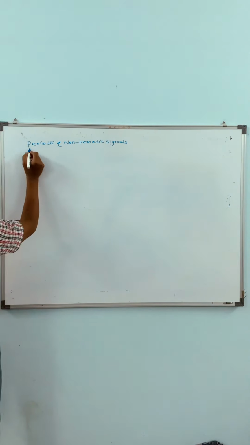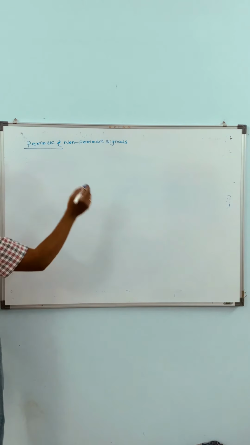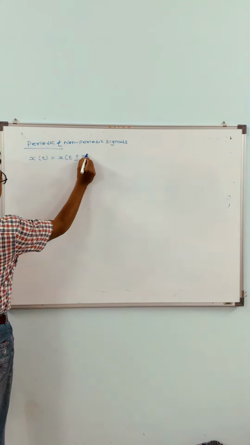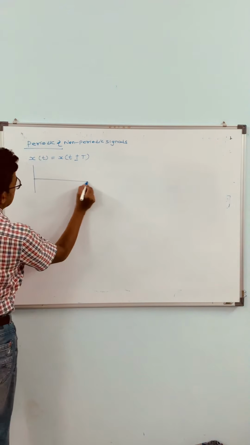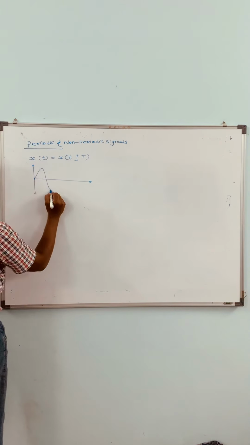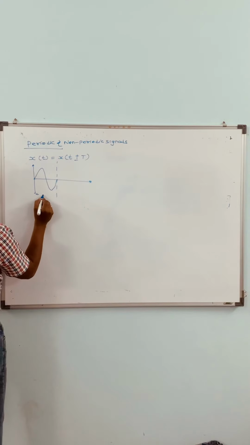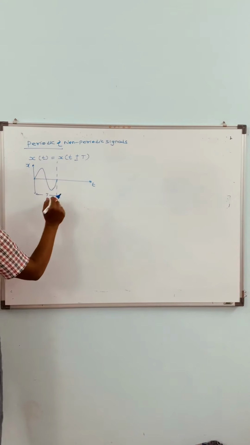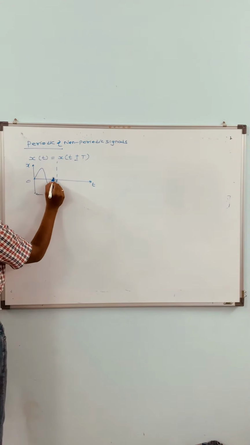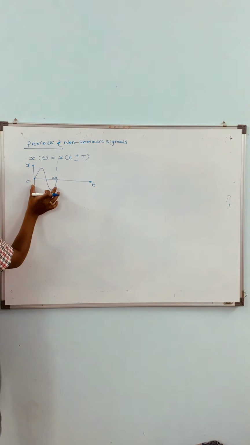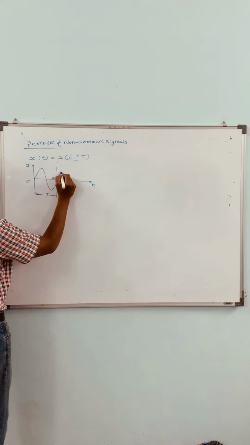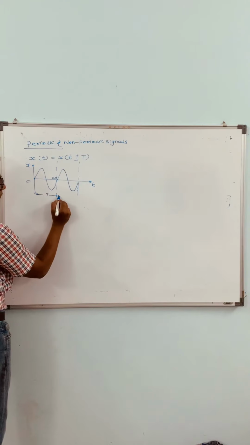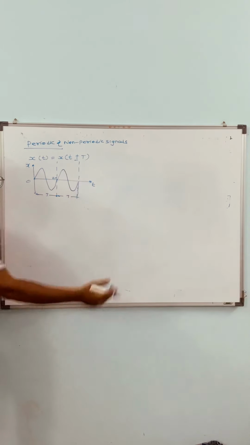As we all know, the periodic signal is nothing but, you all have the notes, x of t equals x of t plus or minus capital T. For your understanding, I will draw a waveform again which will clear your concept. This is the complete time period capital T, this is the small t, and this is the x. X will vary with time. This is the complete cycle of 0 to 2 pi. When this complete signal repeats once again after 2 pi, the signal appears like this with the same time period capital T, then the signal is said to be periodic.